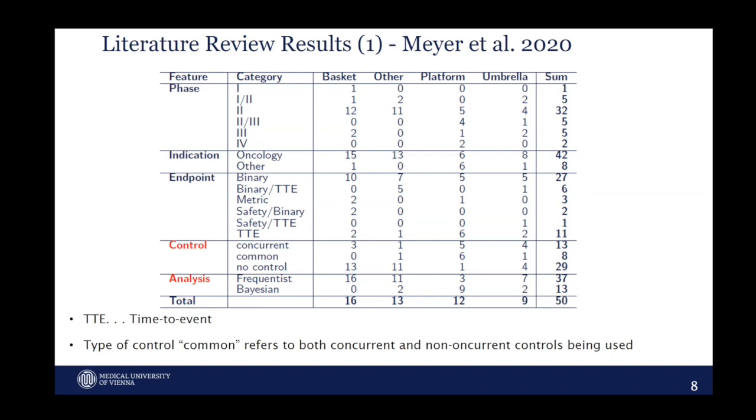So most of the trials conducted are in phase 2. And this is in contrast to what we have seen in the survey, where most people say the highest potential might be for a combined phase 2B and phase 3 trial. And this was also reflected in the EU Pearl project, because there, for indications, people had the